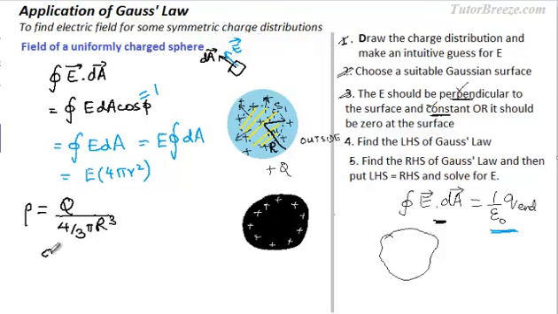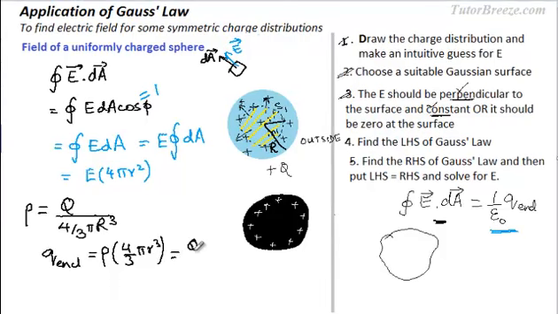Now the charge enclosed, which we've shaded in yellow, is the charge which is present on a sphere of radius small r, which is the charge density times the volume, which is 4 by 3 pi r cube. Now for rho we can put Q over 4 by 3 pi capital R cube, and this is 4 by 3 pi small r cube, and so this gives us Q times r cube over R cube. Now this is the charge enclosed.